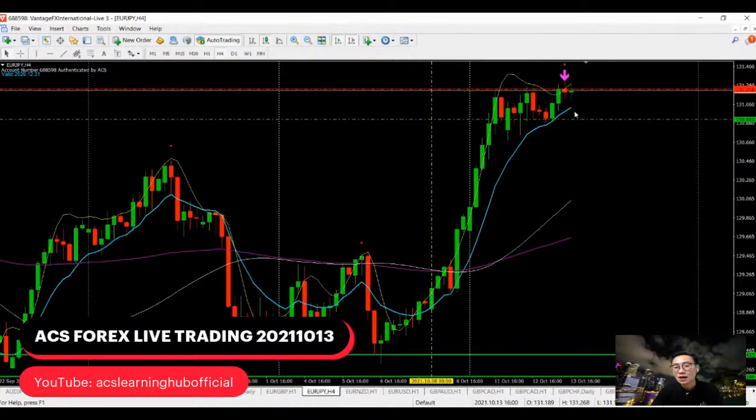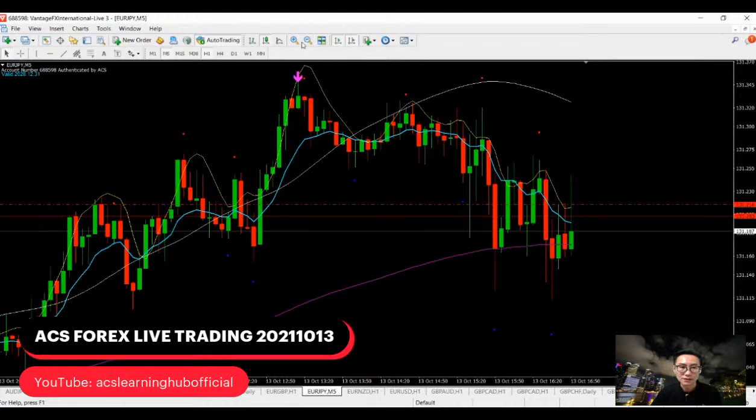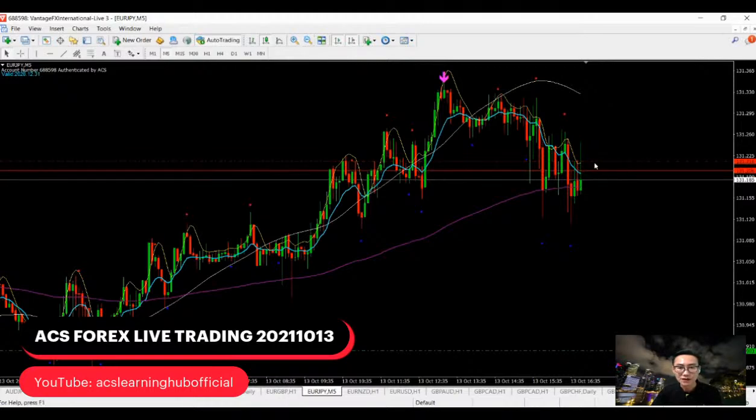Okay, right now, as you can see, final one before I go offline today for this session, we are on the resisted area right now. H1 is still trying to resist this euro yen for a further short. Over here, in this M5, are we still having some strength within the resisted area? In fact, yes, we are. We are still in the resisted area.